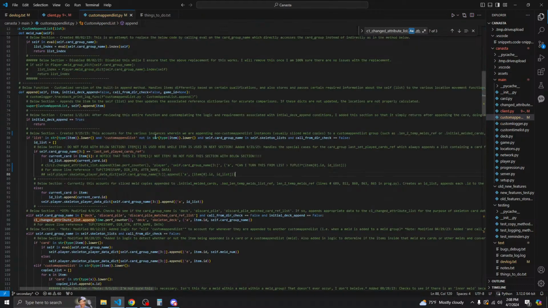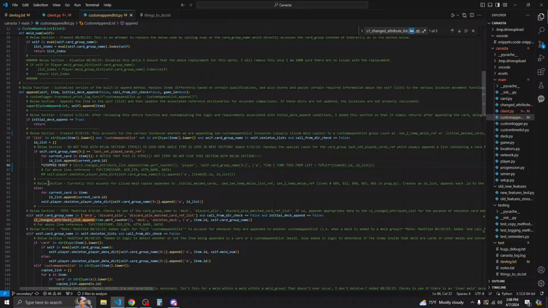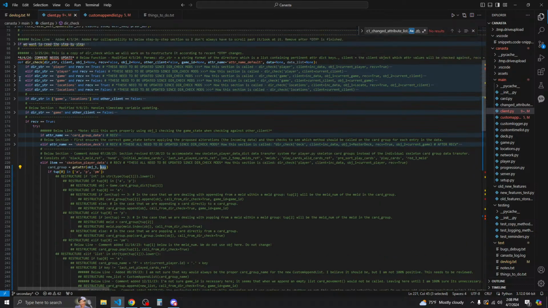So that would now be the self card 3. Yeah, so this is gonna correspond with adder name. So we go over here and we're gonna put adder name, I think. Yeah.